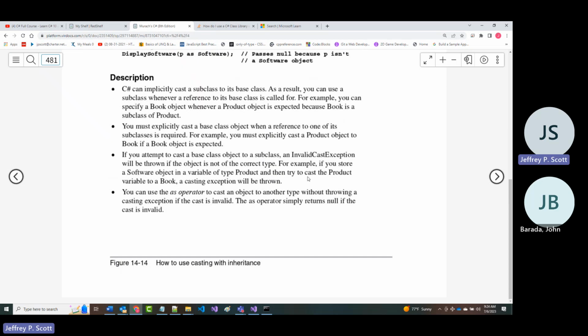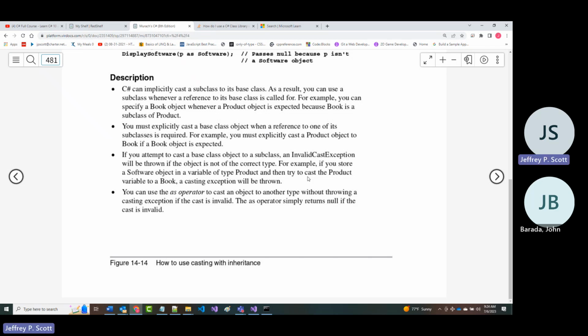So as it says here, C# can implicitly cast a subclass to its base class. As a result, you can use a subclass whenever the base class is called for. As it says there, you can specify a book object whenever you are referring to a product object, because a book is a type of product.